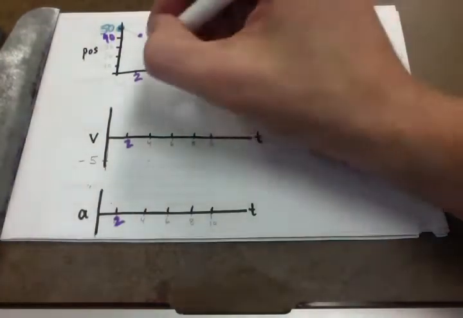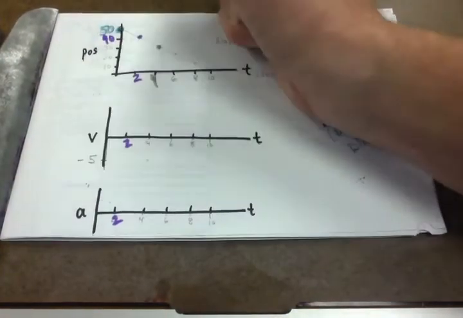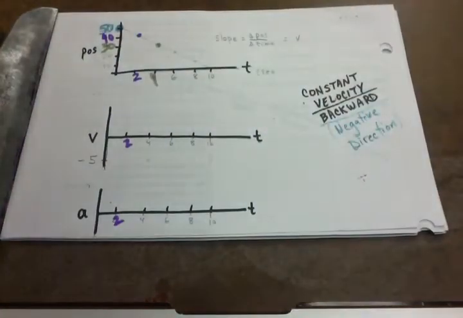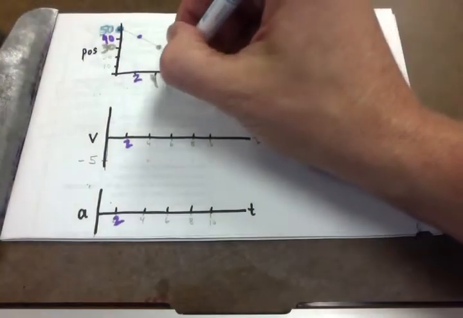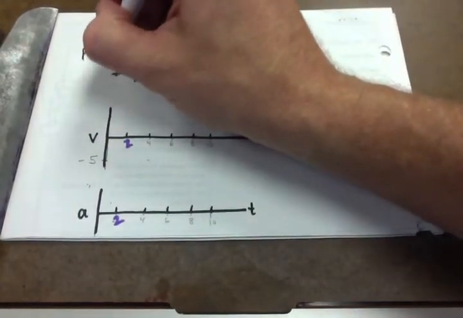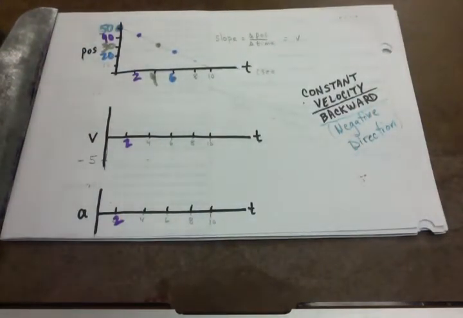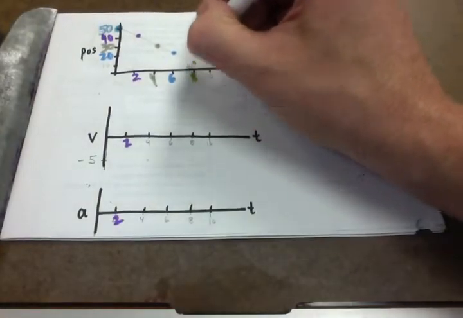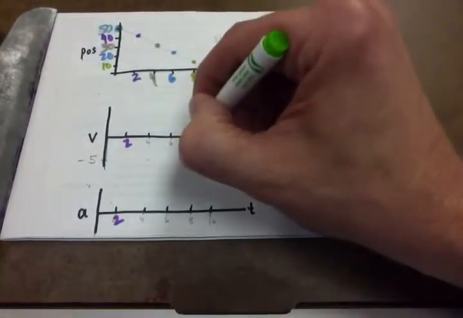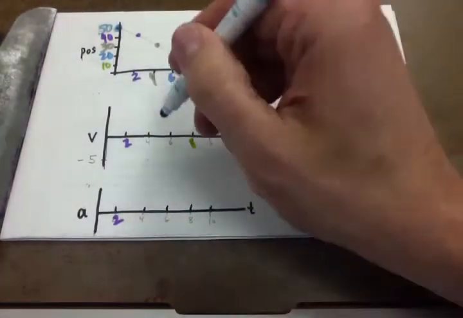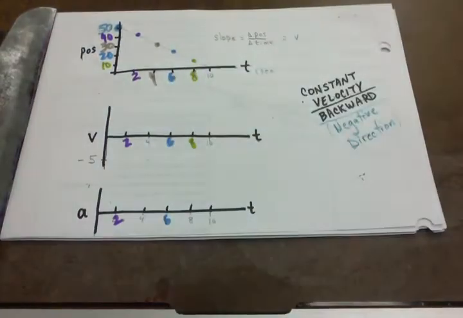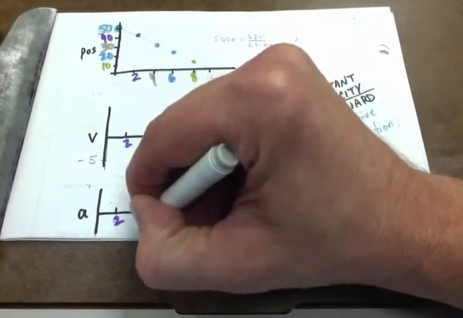Then at, say, 4 seconds, it's getting closer. Maybe here at 30. And it's going to get even closer here at 6 seconds. Get to like 20. Then we can say, okay, here at 8 seconds, it's getting even closer. All right, so the idea with this one is that as it gets closer and closer and closer, it is just going to be